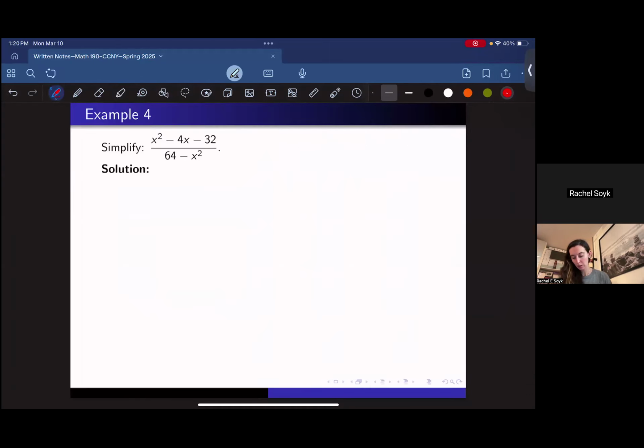Okay. So in example 4, let's factor that numerator. Factor pairs of negative 32 that add to negative 4. We have x minus 8 and x plus 4 all over 64 minus x squared. Difference of squares, this is the same as 8 plus x and 8 minus x. And you'll notice that we have an x minus 8 here and an 8 minus x here. Well, why don't we factor out a negative in that